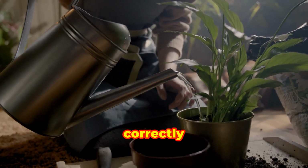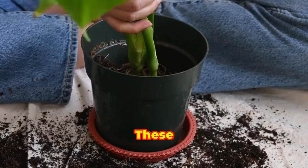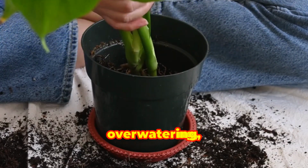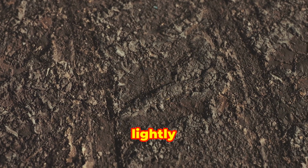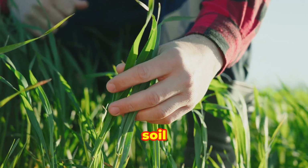Watering your anthurium correctly is perhaps one of the most crucial aspects of its care. These plants prefer a consistent level of moisture, but are highly susceptible to overwatering, which can lead to root rot. The goal is to keep the soil lightly moist, but never soggy. A good rule of thumb is to water your anthurium once the top inch of the soil feels dry to